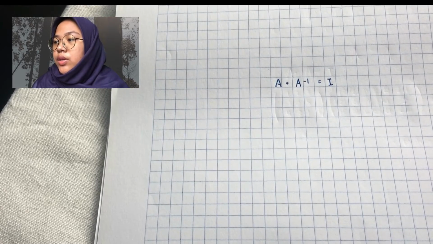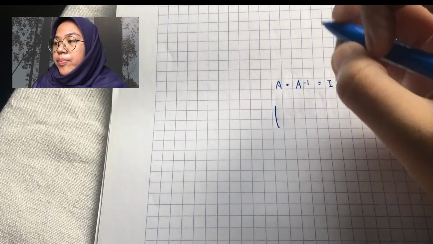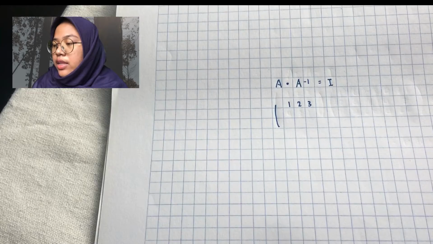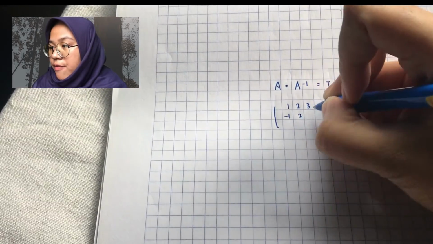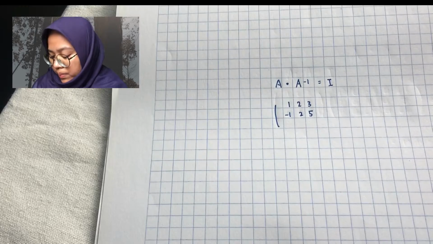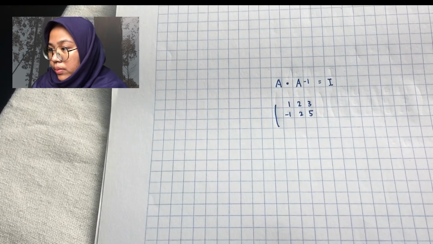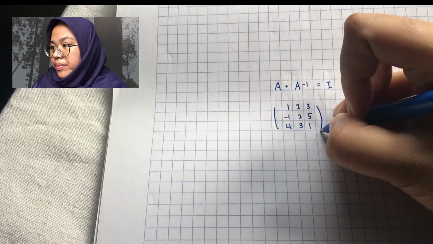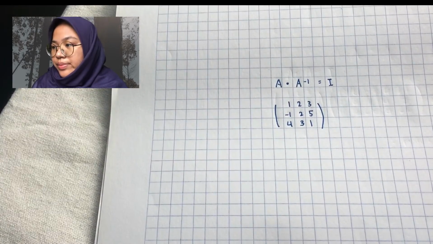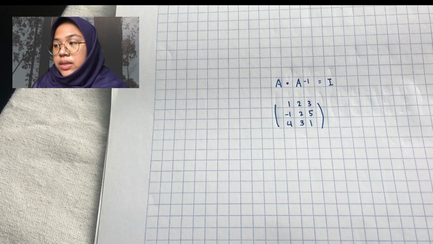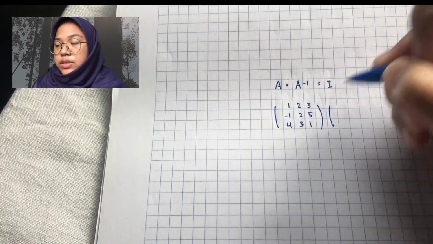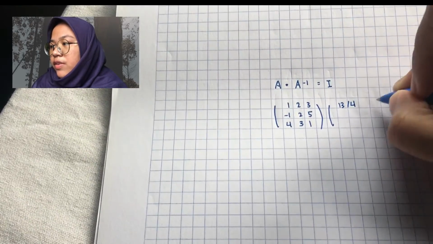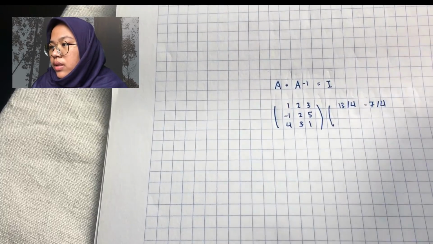Okay, first we write down the matrix A: 1, 2, 3, negative 1, 2, 5, 4, 3, 1, and then multiple A inverse. We should write down A inverse: 13 over 4, negative 7 over 4,